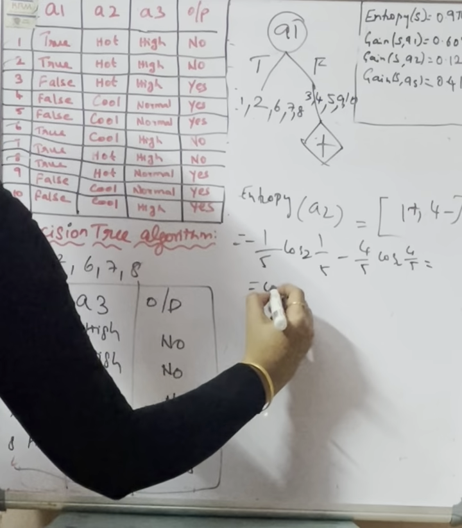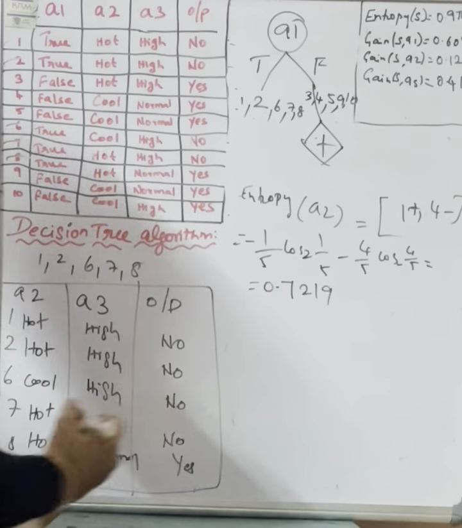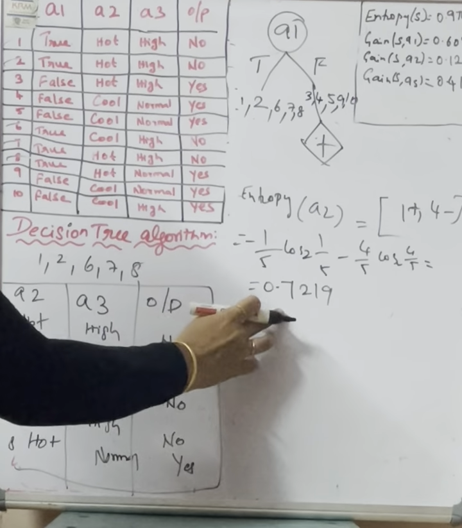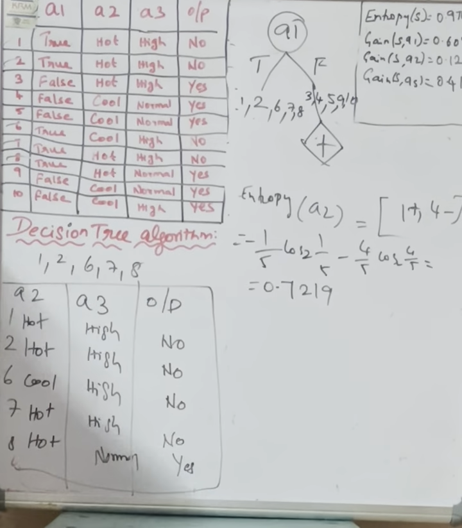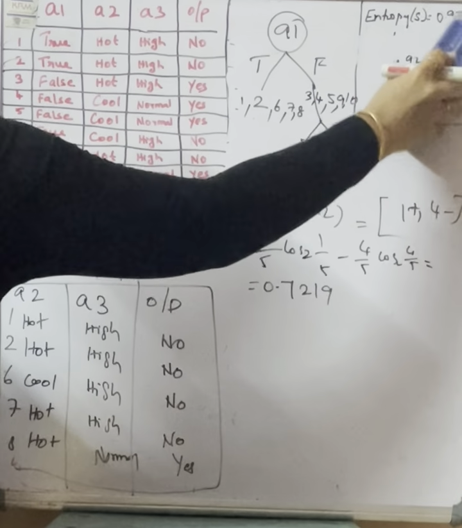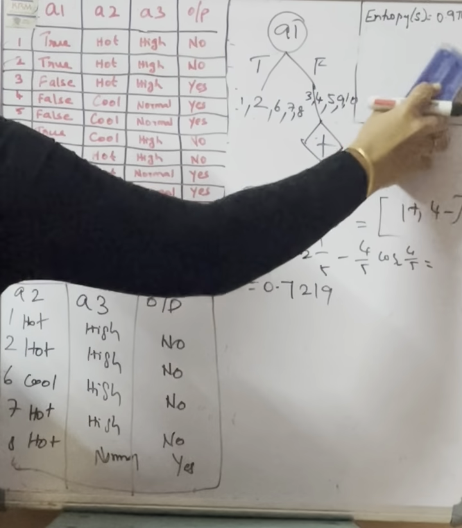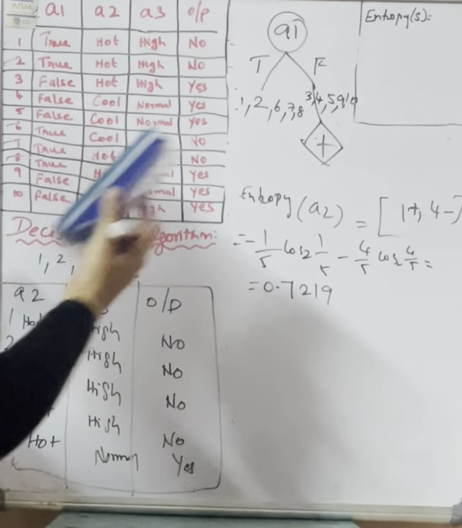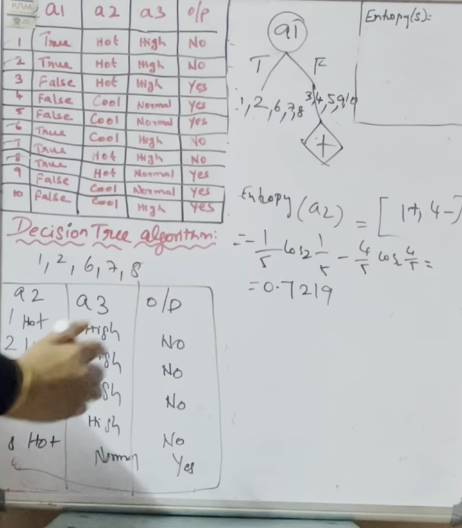So here I can get the value of 0.9219. So this is the whole entropy value, entropy of S. So now I can update this value because this is no more required. So I will keep track of the current iteration value. So here the entropy of S is